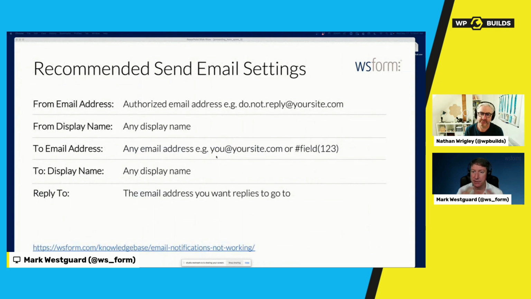So that can be the user's name, it could be a company name, anything that you need. One thing just to bear in mind with that, and we've come across this, is that some of those SMTP plugins don't like display names. There is a standard out there which WP Mail actually,